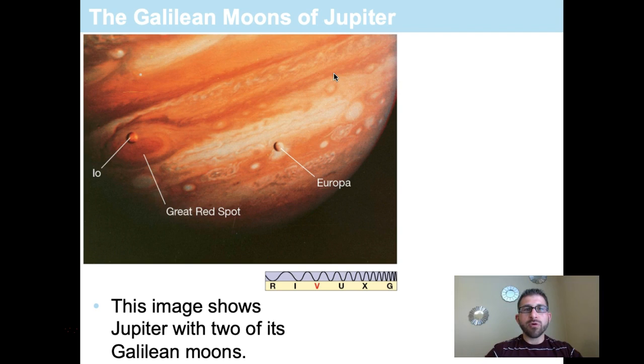So I hope you have a new appreciation for these Galilean moons. In fact, you can actually see these Galilean moons through a decent-sized amateur telescope. If you know what to look for, it's actually really easy to find. I recommend getting an app on your phone called Sky Safari AR, and it's a free app, and you can just kind of zoom in on Jupiter, and you can see the Galilean moons. And if you're looking through a telescope, you can kind of match up what you're seeing in the telescope with what's on your phone screen, and it gives you a really good picture of these 4 Galilean moons,